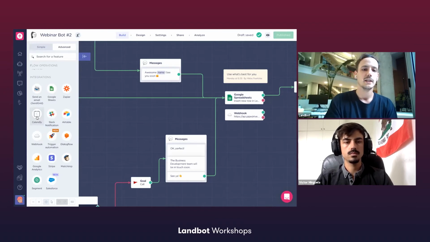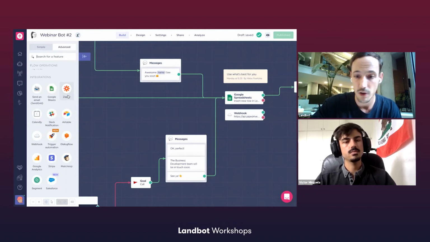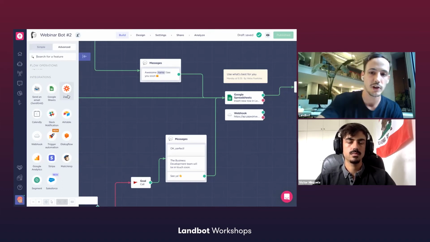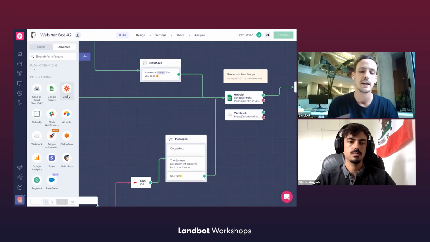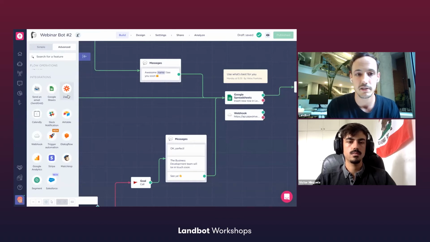Then we got Zapier, which is like a middle point between native integration and a custom integration. So Zapier, you might know, it's a tool that allows you to connect to thousands of apps with no code. So you basically set a trigger, and that trigger is going to cause an action. In this case, the trigger is reaching the Zapier block, and the action can be anything from sending that lead to your CRM to creating a Spotify playlist. So there isn't anything you can't do with Zapier, and it acts like the middleman for integrations. And it's a great option, to be honest. So it really depends on your use case, how frequent that integration is going to be triggered.